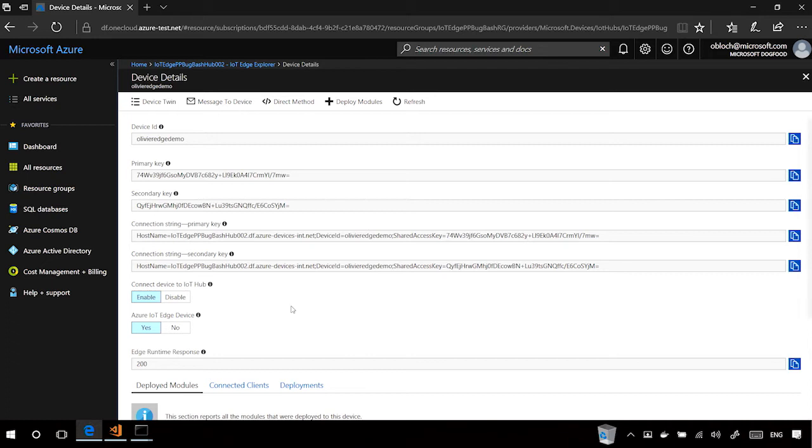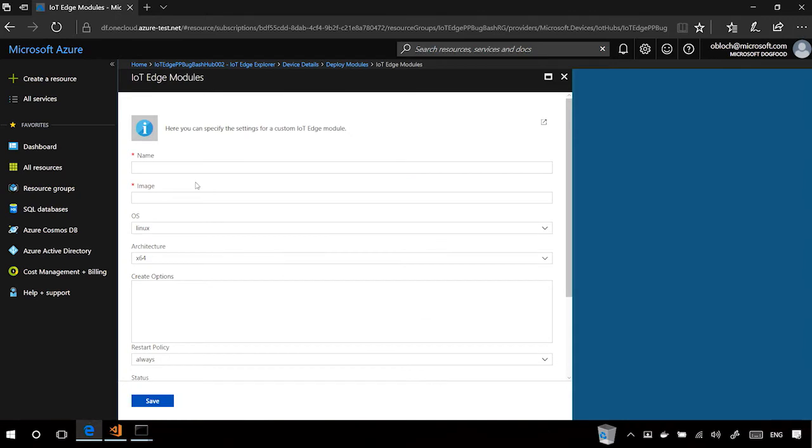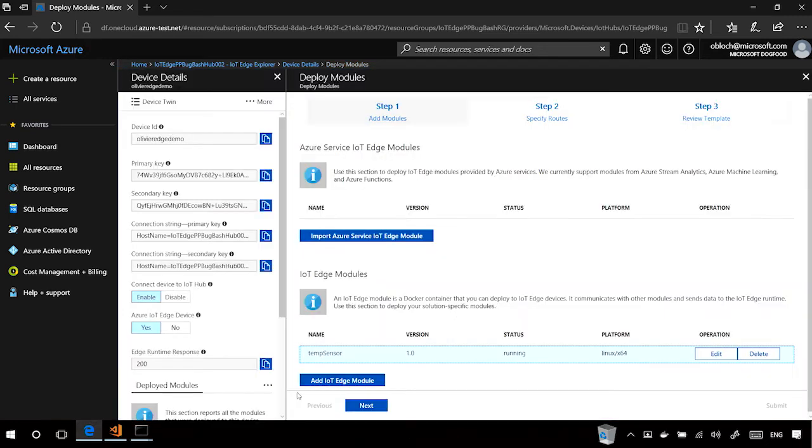I'm going to prepare a configuration for that device by selecting new modules. In my list of potential choices, I could import modules based on Azure Stream Analytics, machine learning, or Azure Functions. In our case, I'm going to import a custom one. The custom one has been developed already. It's a sensor simulator that we have available for you. What I do is point to a Docker container image. As simple as that, and here I have configured my first module that I want to have deployed on my